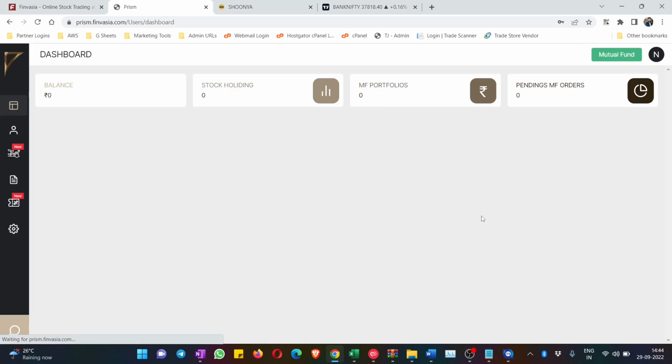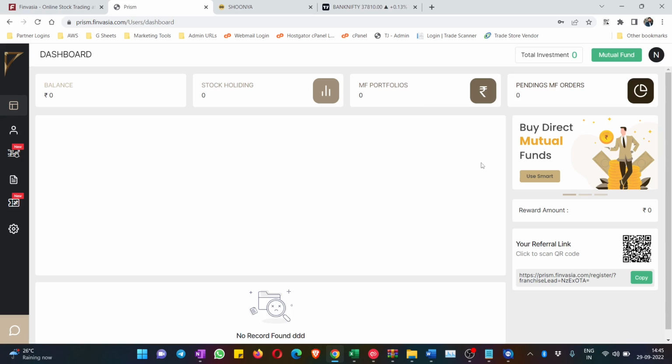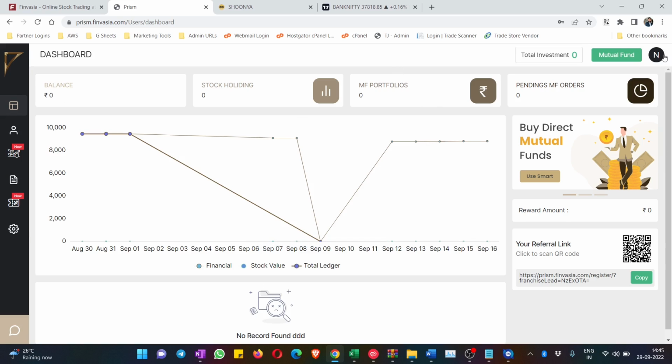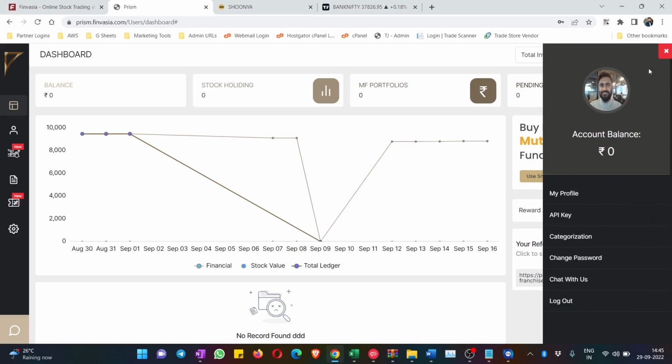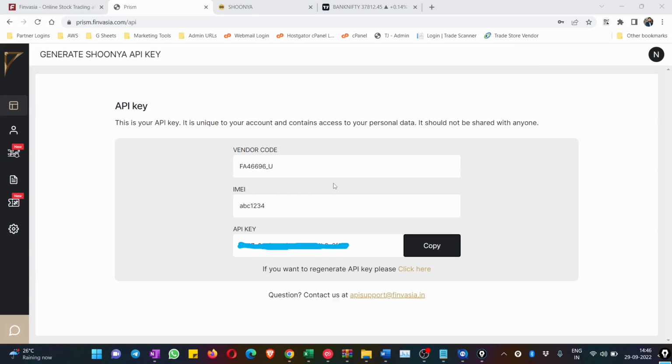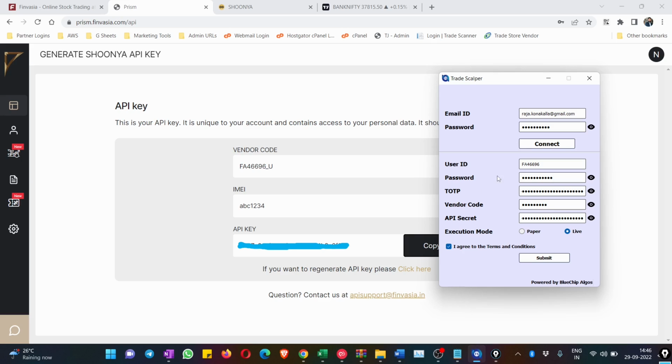And if you hit on the login button, then you see that you get a dashboard like this. And at the top right-hand side you have your profile image. In that, the second option is API key. Just hit on the API key, and this is where you see your vendor code and API key. So just copy your vendor code, copy your API key, and give it in the application as vendor code and API